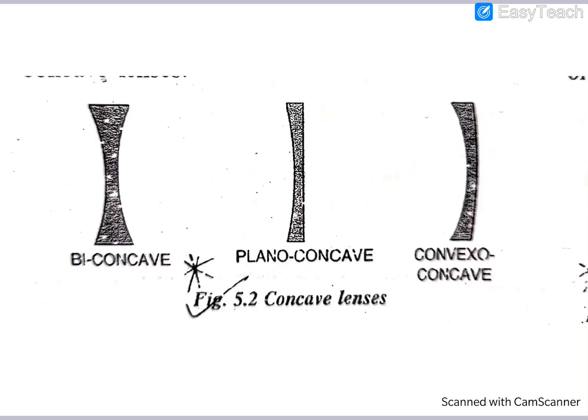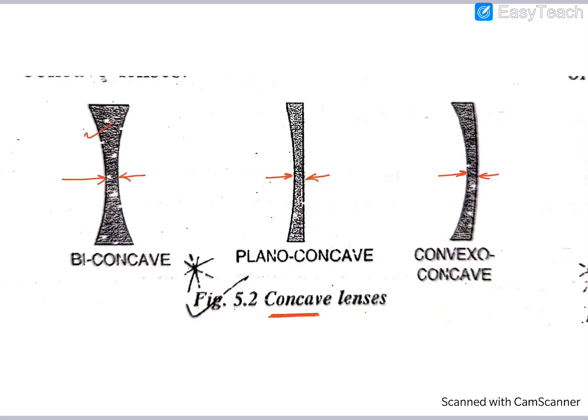these are called concave lenses now. So what are concave lenses again? Concave lenses are the ones which will be thin in the middle. You can see, look at them, in the middle they are very thin, and look at the ends, they are bulging outwards. This one is thick at the end. So those lenses which are bulging outwards at the ends, and thin in the middle, are called concave lenses.